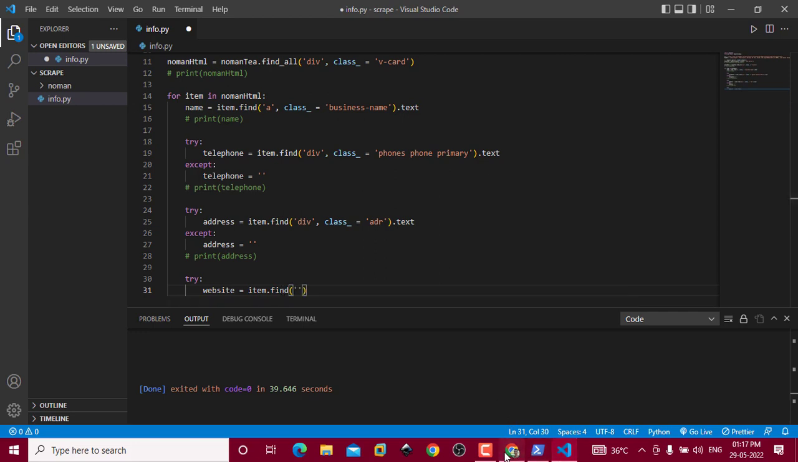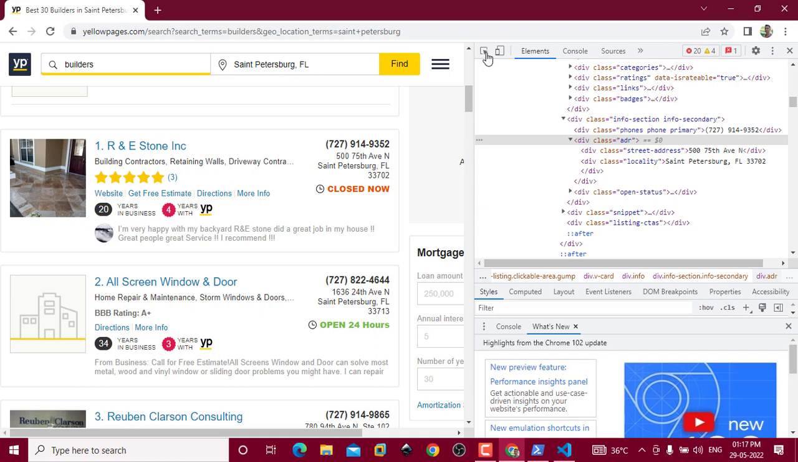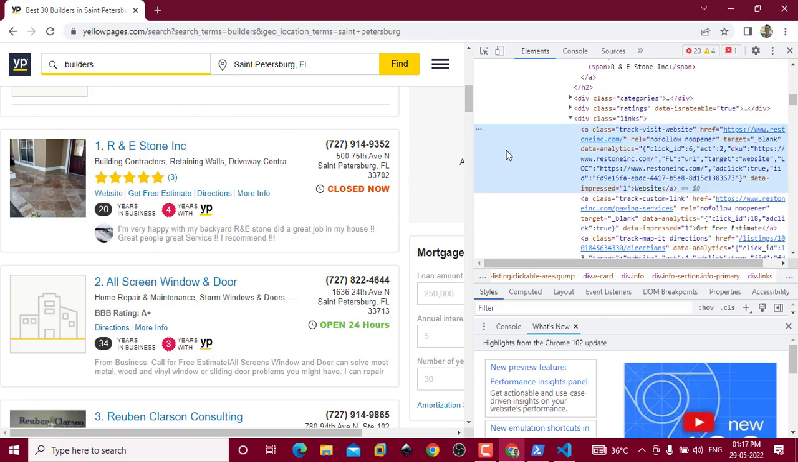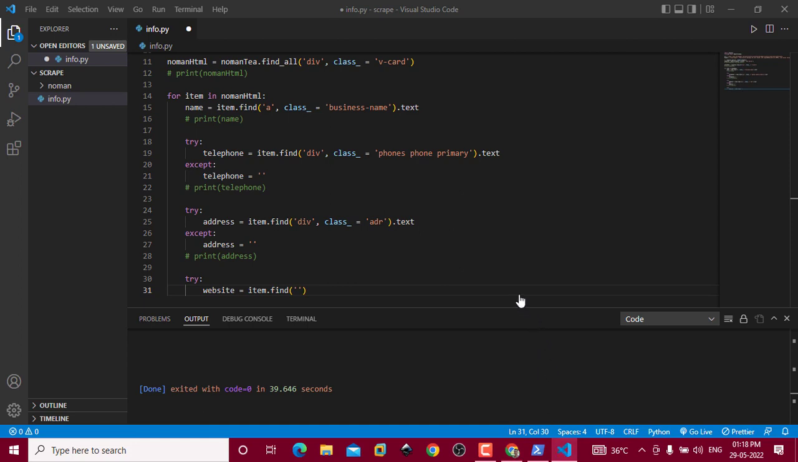Open up our browser, hit inspect icon. Now hit website. This is hover over an anchor with this class. Now I'm going to copy this class of this anchor. Remember this is the anchor. Open up our code, specify this anchor,